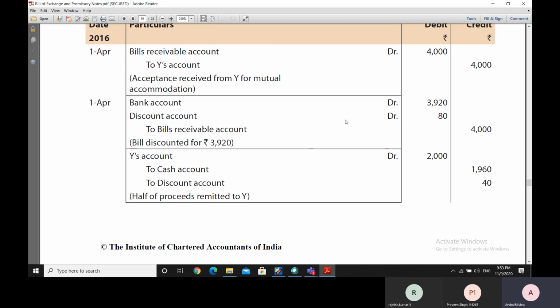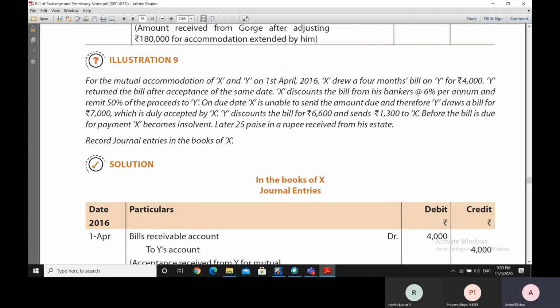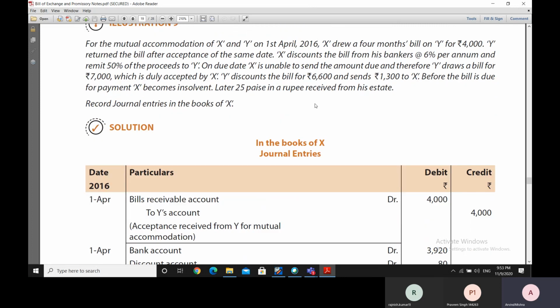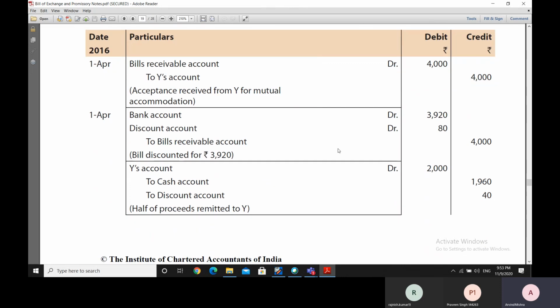Now what happens is that he remits 50% of the proceeds to Y, whatever he gets after discounting of the bill are the proceeds. So let us say that he is getting this 3,920 rupees. So half of it is, we can say, 1,960. So he sends 1,960 as the proceeds,